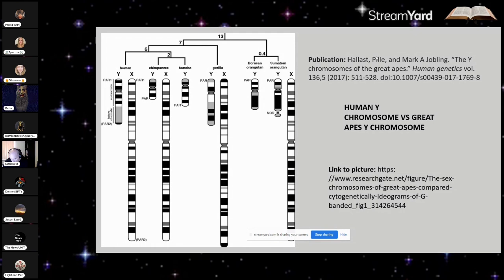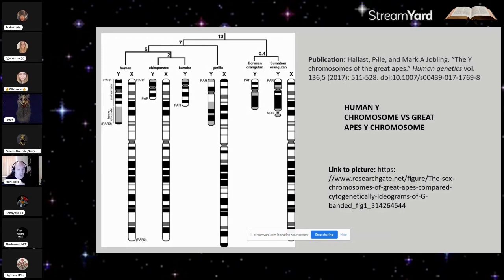Now, the whole idea that chimps are so different, well, why is the X chromosome so similar? They're almost identical between the human and chimpanzee. So if they had separate ancestors, we would not see an identical X chromosome. They would be completely different as well. But that isn't what we see. We see that they are identical. And I thought this was going to be about chromosome 2 fusion, but never mind.